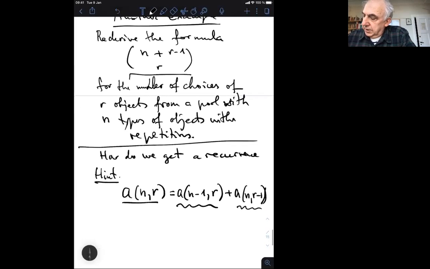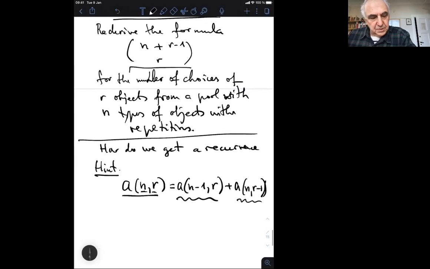Now, this is a recurrence relation dependent on two positive integers, n and r. So we have kind of a double recurrence with two indices, in other words. So let me introduce the